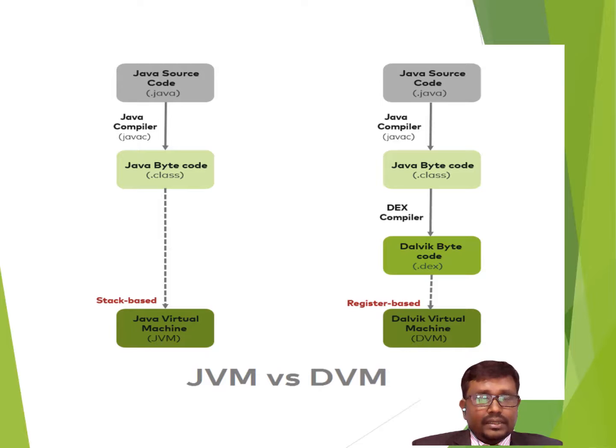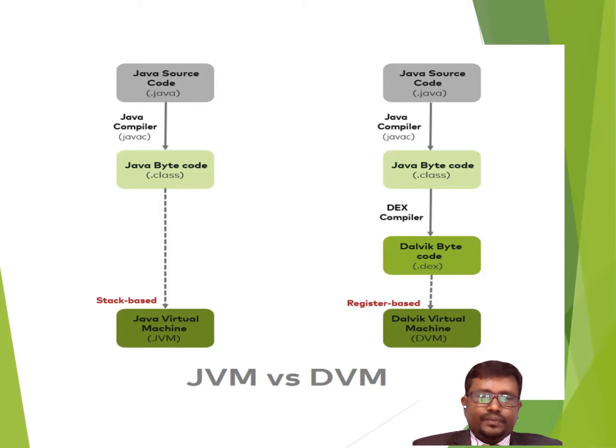Again, this Java programming code is given to the JVM, Java Virtual Machine, right? So it is executing the code which is converted into the bytecode. So whatever code you are designing, you are scripting, everything will be converted into bytecode. Then the JVM is one end which is going to run.